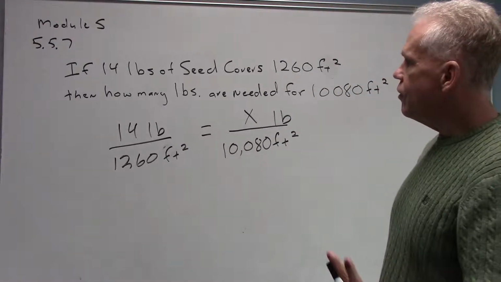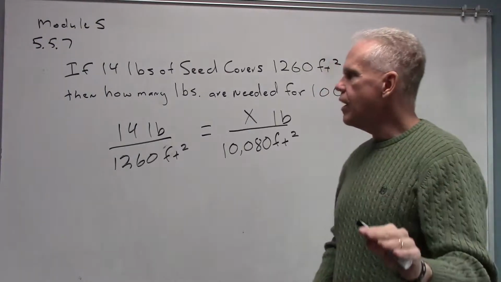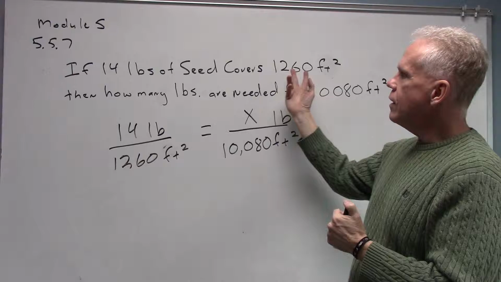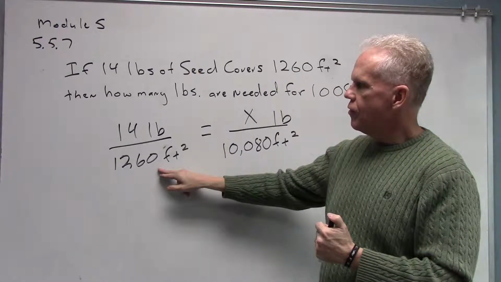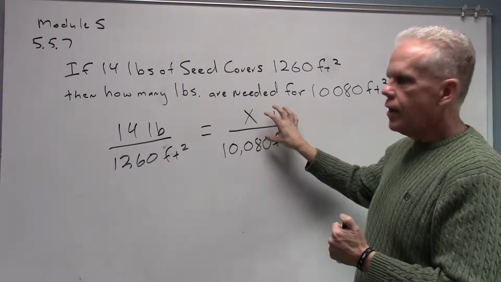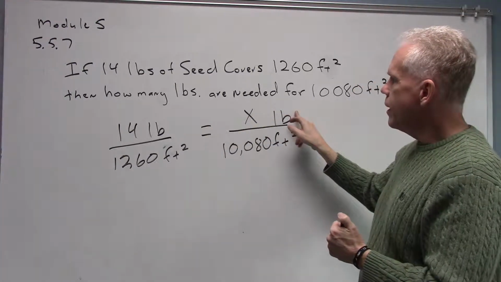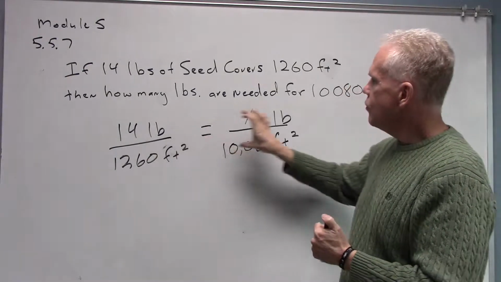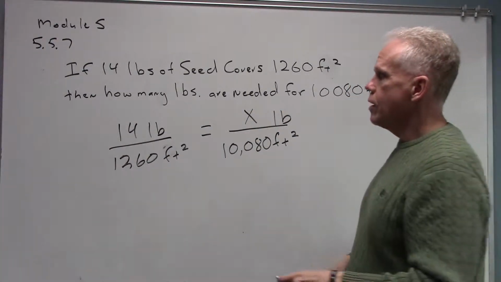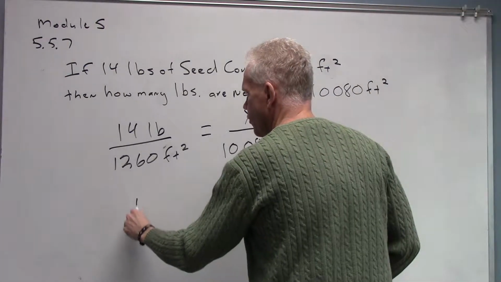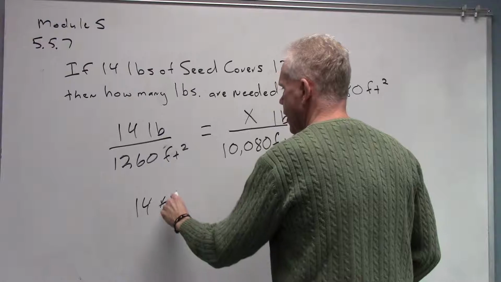So the key is to get this set up right. And again, I can't emphasize enough to set it up right. What we want to do is see our initial rate, 14 pounds covers this much, and then set up an equivalent kind of rate on the other side with pounds corresponding to pounds and square feet corresponding to square feet. If you put these units in, I don't think you can really go wrong. So now we're going to use our shortcut that we've talked about before. We're simply going to go 14 times